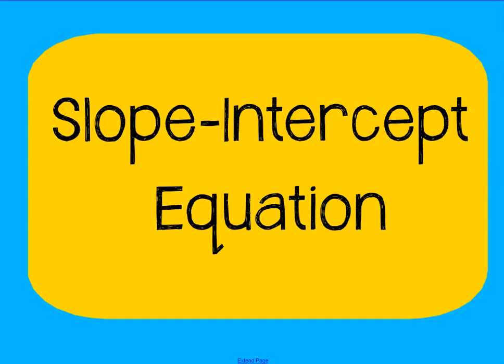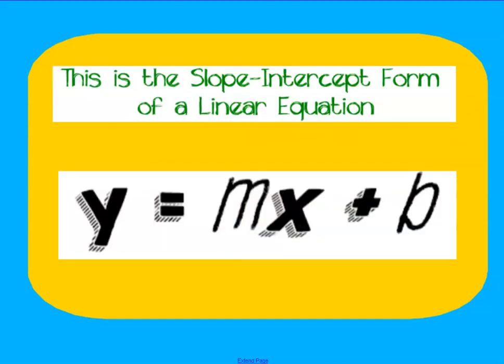In this lesson, you're going to learn about the slope-intercept equation. Let's begin. This is the slope-intercept form of a linear equation. It's called y equals mx plus b. Now there's a lot of letters up there on the screen, but only two of them are permanent, the y